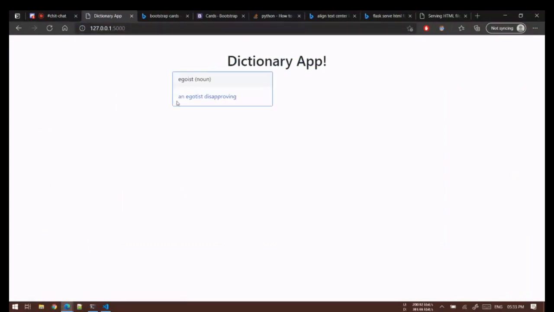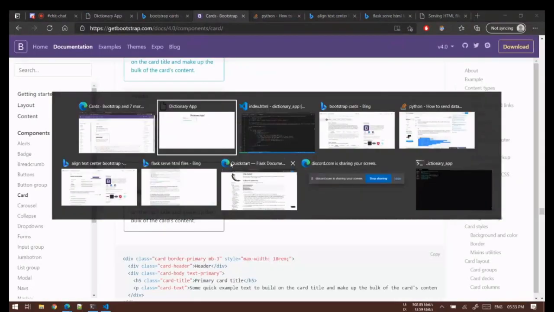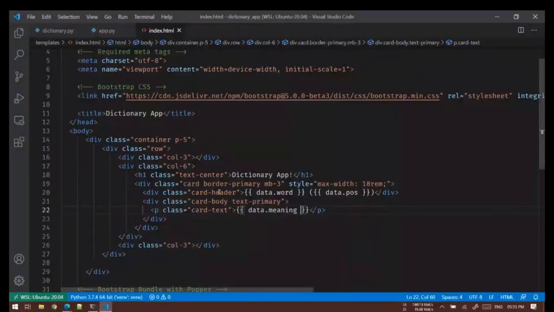Let's refresh our page, see if it's looking any better. Okay, so this is how it's looking now. Let's make it center aligned.